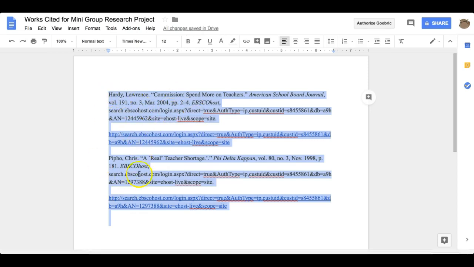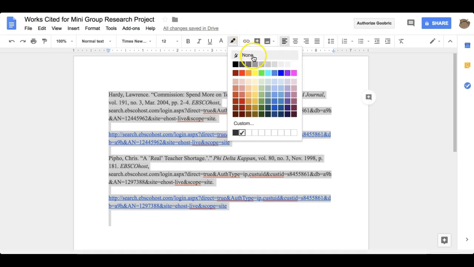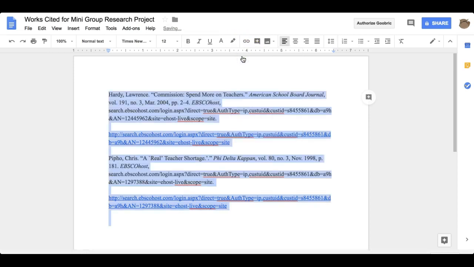And then when I copied and pasted, it had this weird highlighting background on my citations. So I'm going to come up here to the little highlighter, click on that, and then I'm going to click on None, and that'll get rid of that highlighting. So once I've done all of that,